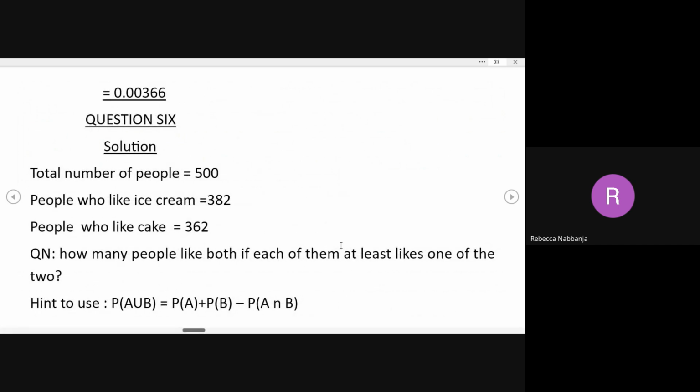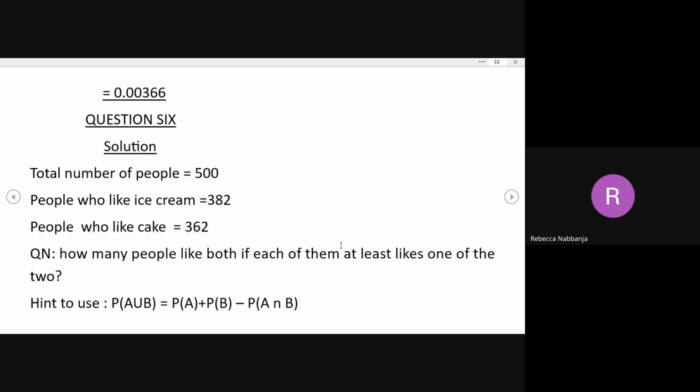Going to number 6, we are given 500 people, and we were told that 382 like ice cream and 362 like cake. We are told to find the probability that at least one of the two